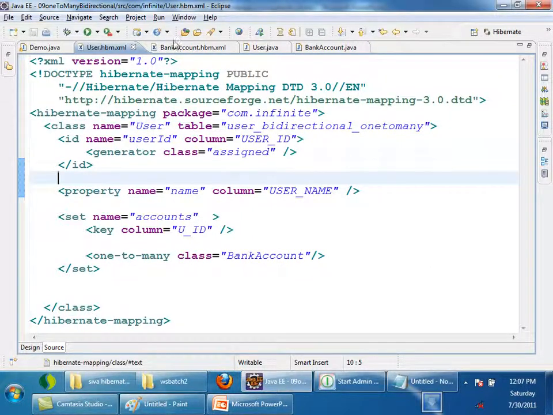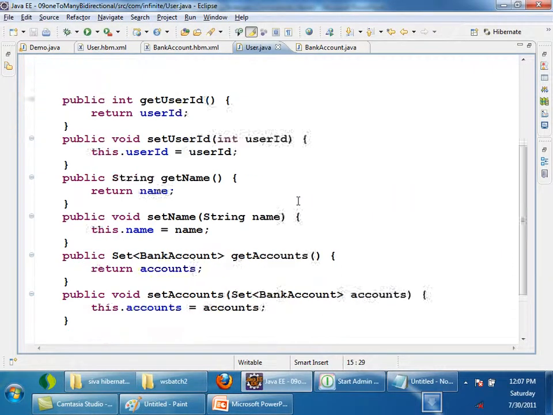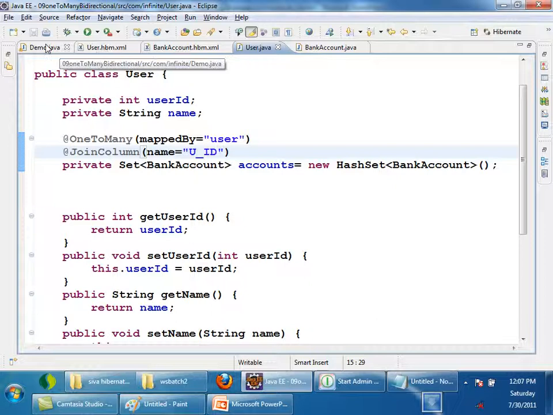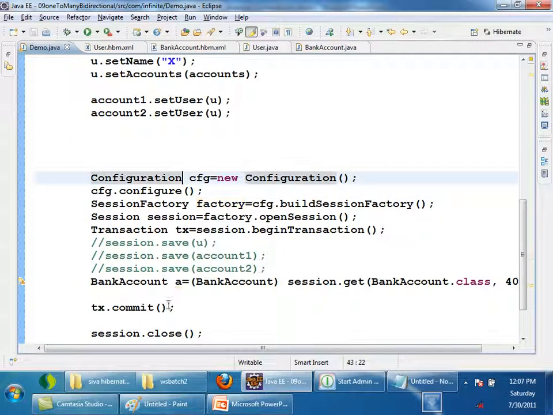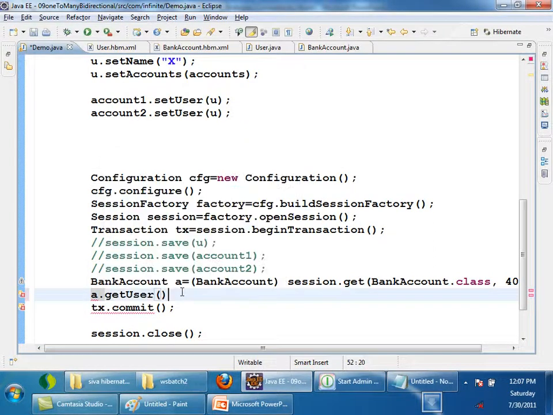Now here I removed that lazy. If I try to access a.getUser, will it fire the select query now?